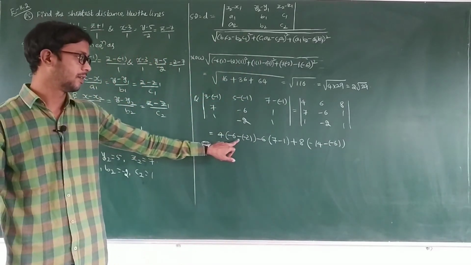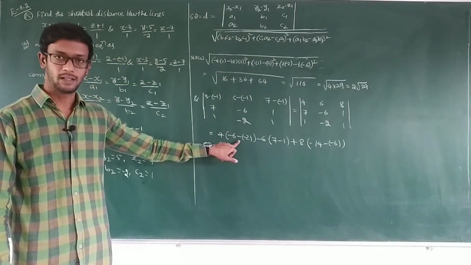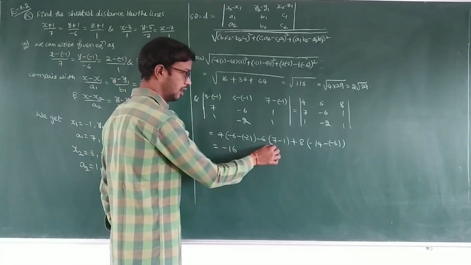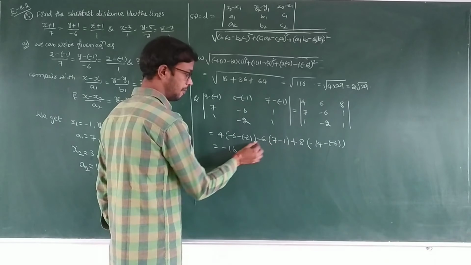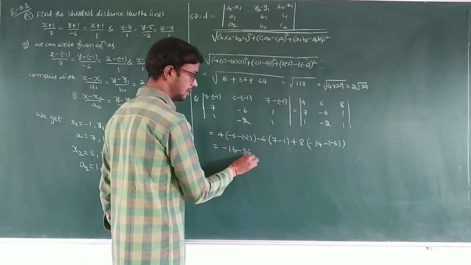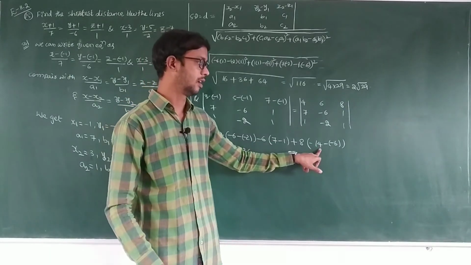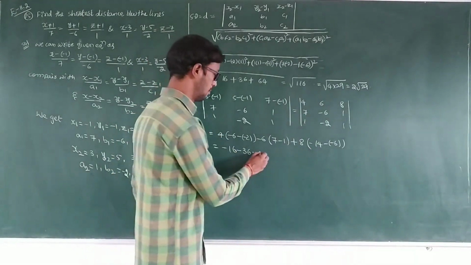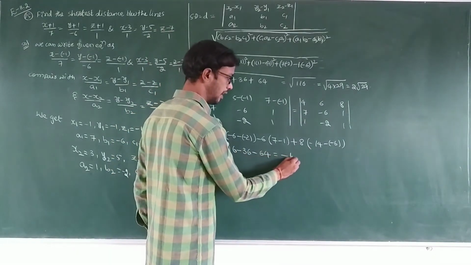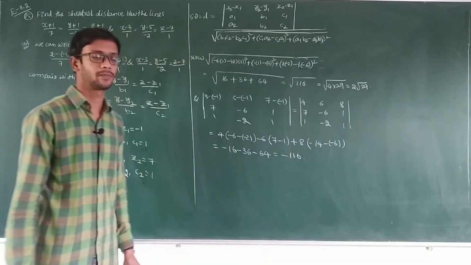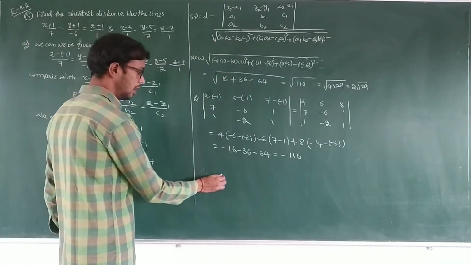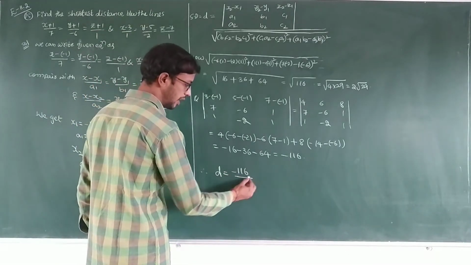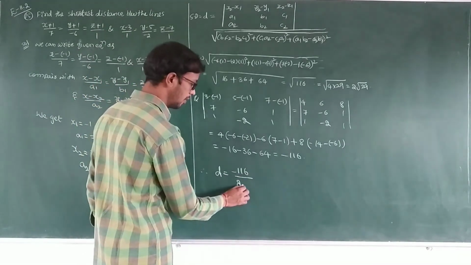How much do you get? Minus 4 into 4 minus 16, 6 minus 6 minus 36, minus 8 into minus 8 minus 64, that is minus 116. Therefore, D is equal to minus 116 divided by 2 root